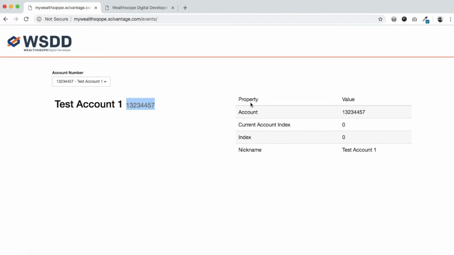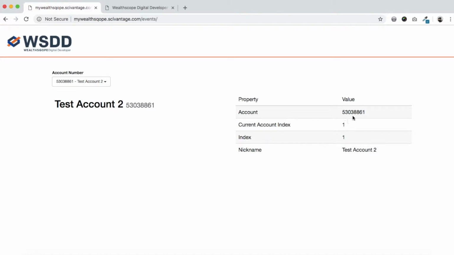For demonstration purposes, let's imagine that this property viewer is a piece of functionality or content that you host on your page. So that's going to represent what's listening to the callback and updating itself. So let's go ahead and run this example. I'm going to select account 2, and you see that we updated the DOM, and we printed out the nickname, we printed out the account number, and over here in the little property viewer